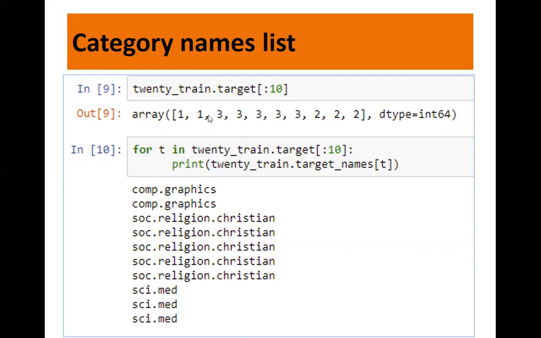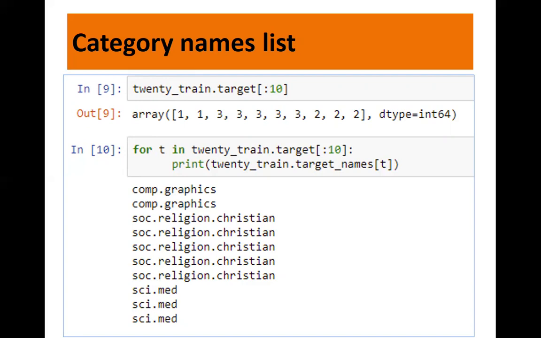You can see it is an array of integers that corresponds to the index of the category name in the target names. So you can just see here the category name and this is the index. You see computer graphics is mapped to 1, social religion is mapped to 3, and social media is mapped to 2. Fine. So the category integer ID of each sample is stored in the target attribute. So you can see it has integers as well as the names already available.